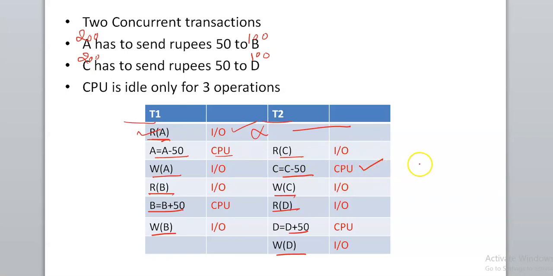So here, for one transaction at least there is CPU utilization, which means CPU is not idle here. But for the next transaction, as you can see, there is no CPU utilization at all. But in the next transaction, there is CPU utilization by transaction T1. For the next transaction, there is no CPU utilization by T1, but T2 is using your CPU. And for the last transaction, there is no CPU utilization here and here.